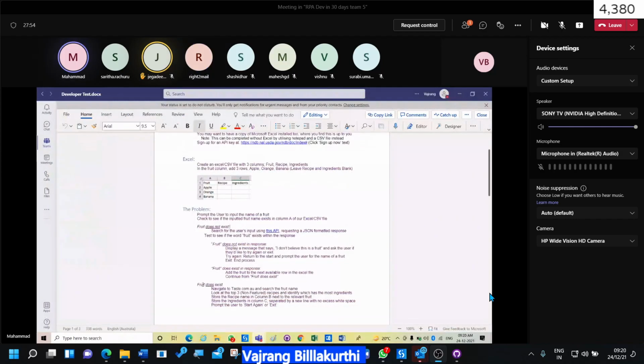This is related to the taste.com website. So my question is, as a user provided the API, by consuming that API only we are going to get the required data, correct? Yes, Mohammed. So my question, Raju: if the particular fruit does not exist in the Excel file, the user has to check. We do not have access to this in a real time scenario in tasty.com. We might have or we might not.